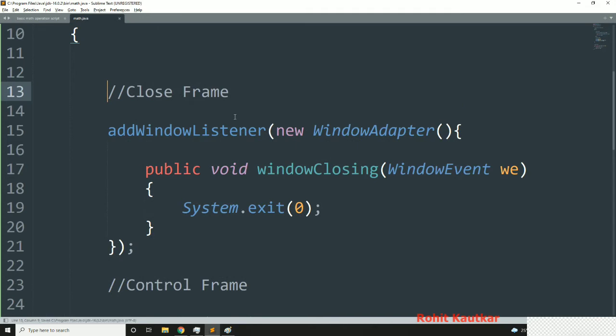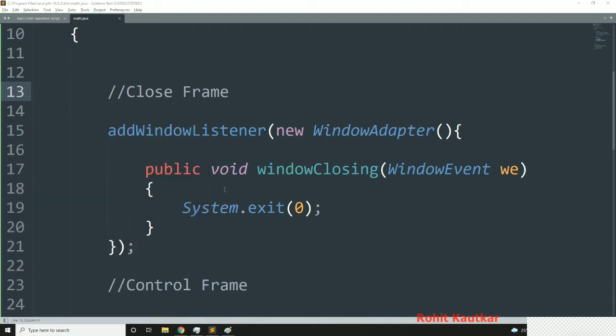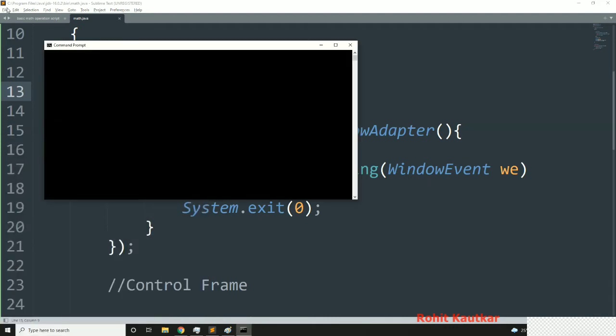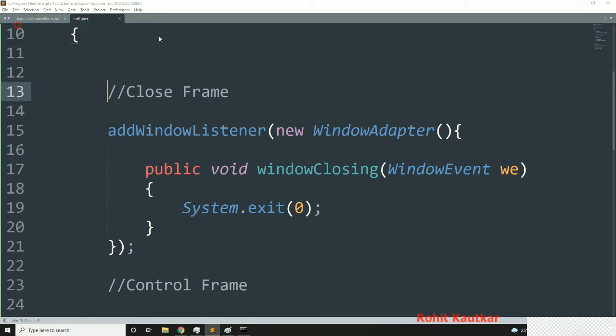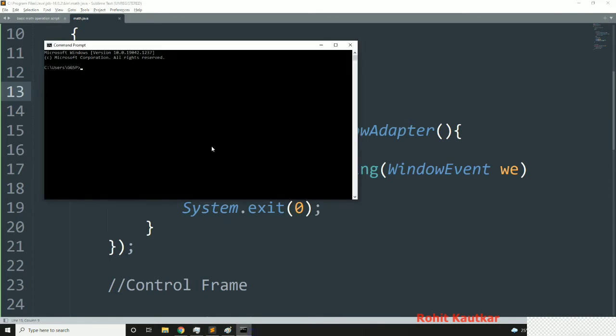Okay, now the basic structure we have created. Let's try to view the frame. So I will copy the path first of all, so I will be able to immediately switch to that path. So here I will write, let's say cd and the path.